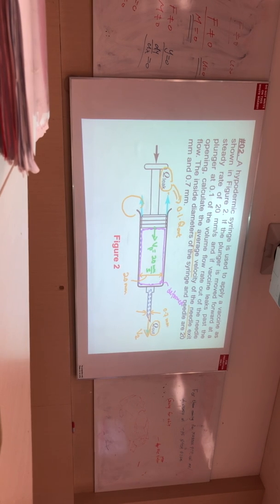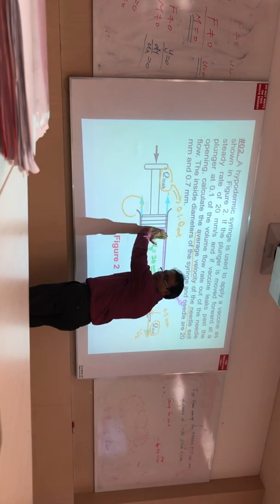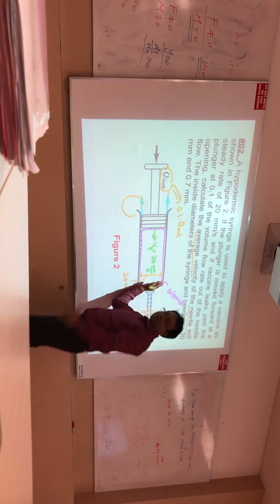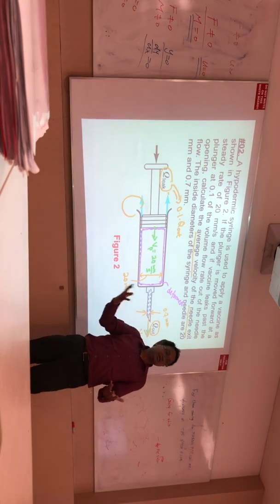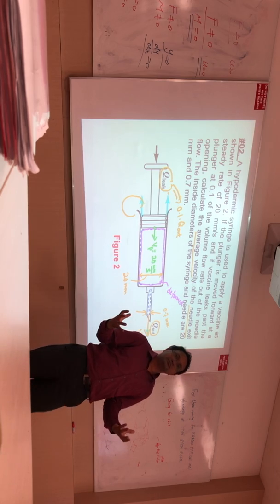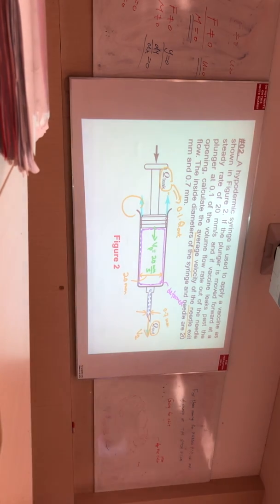Then what should I do here? I should do the mass balance, correct. What is the total mass? I put a lot of water inside the syringe. This indicates the total mass of the fluid inside the syringe. So I can write, this is common sense, total fluid in the syringe, MT, is equivalent to